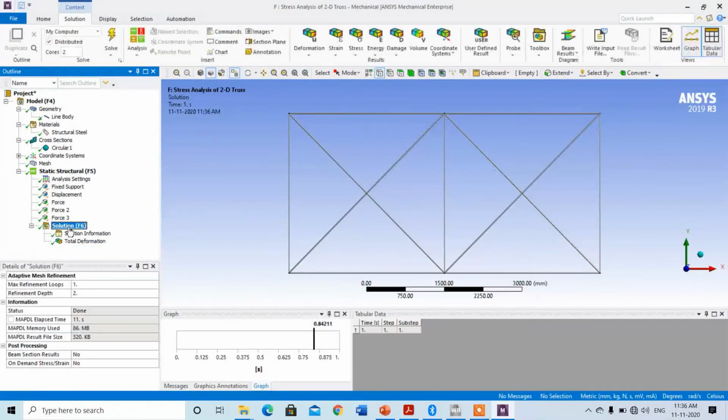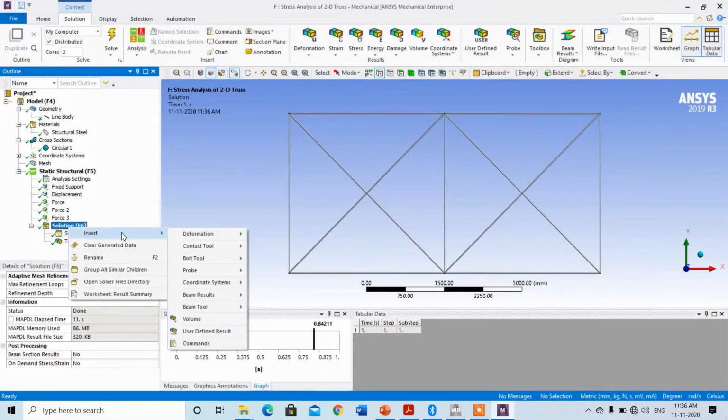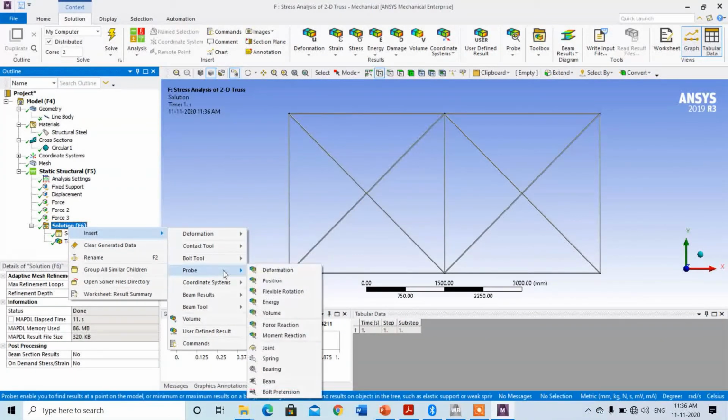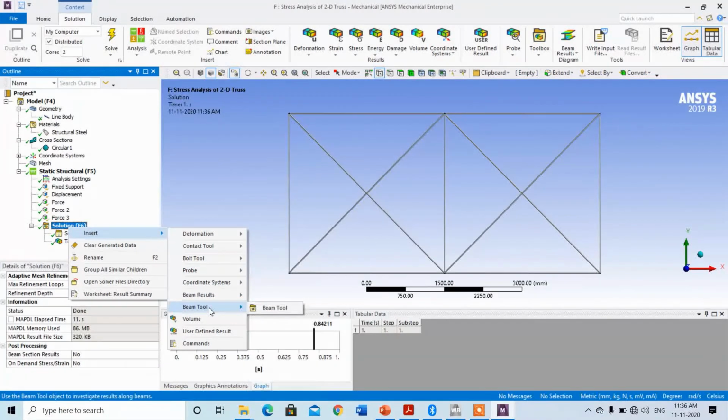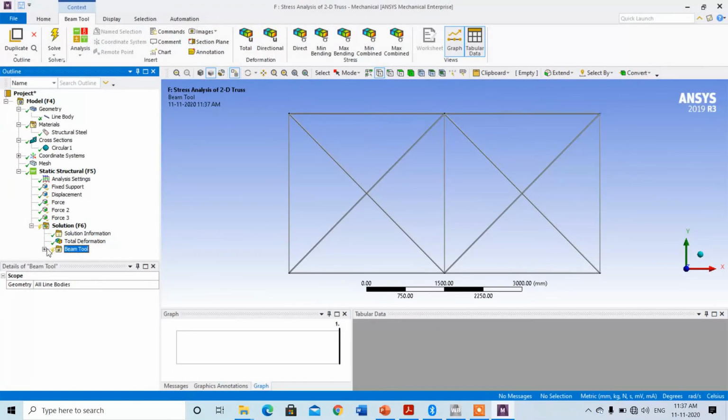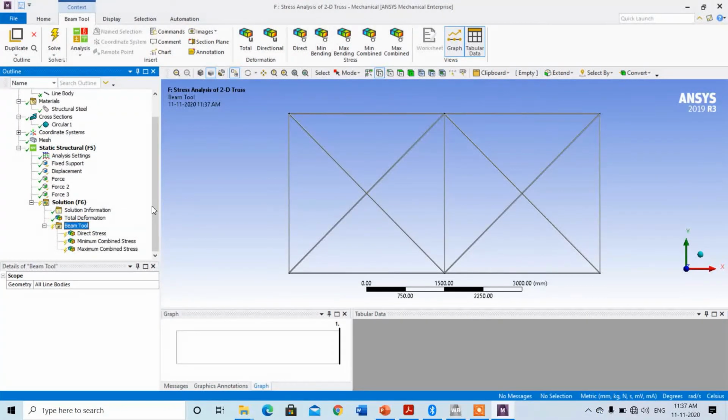We can check the stresses. Right click on the solution, click on insert and probe, then go to the beam tool. Then select here.